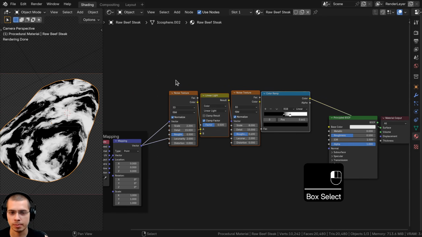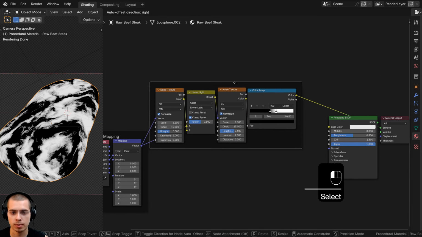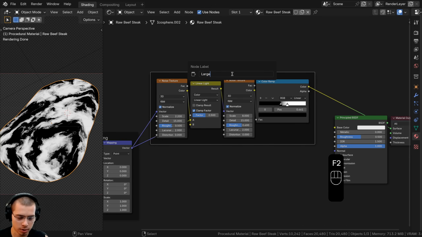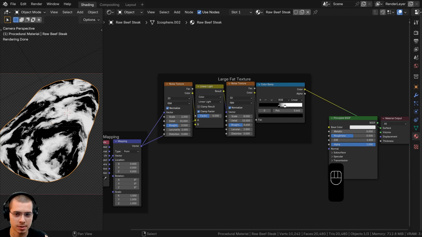So I'll click and drag to box select these nodes. I'll press Control J to join them together into a frame just to keep the nodes nicely organized. And I'll press F2 to add a label, and I'll call this large fat texture. So I now want to create another texture, which is going to be some very small bits of fat